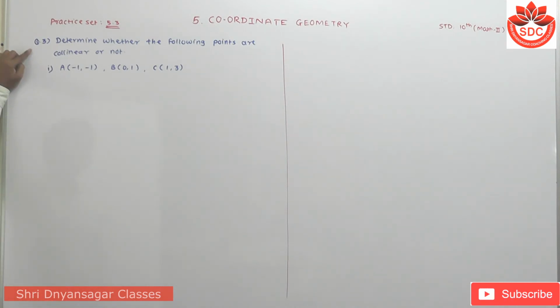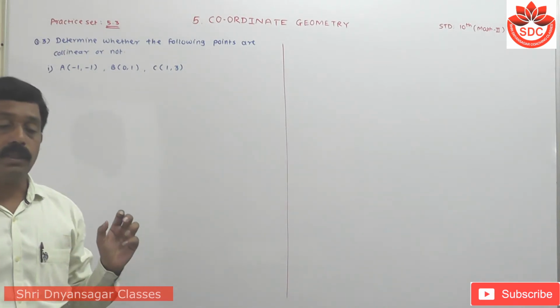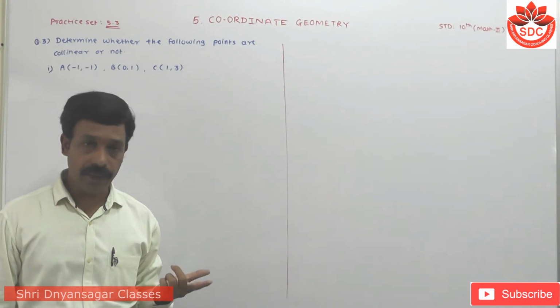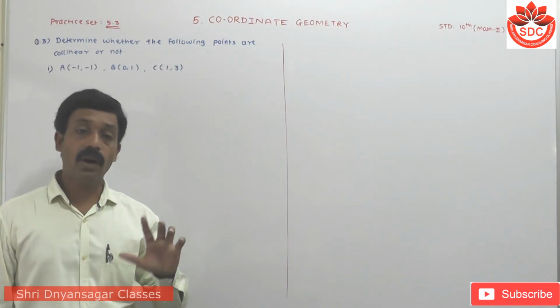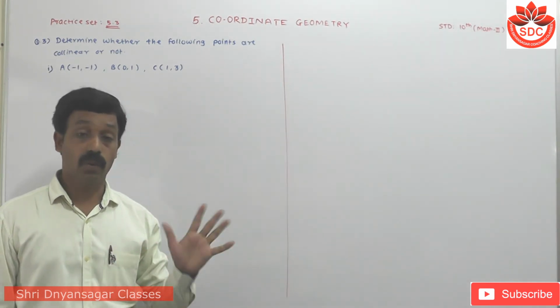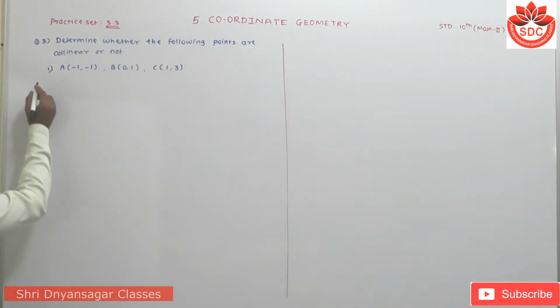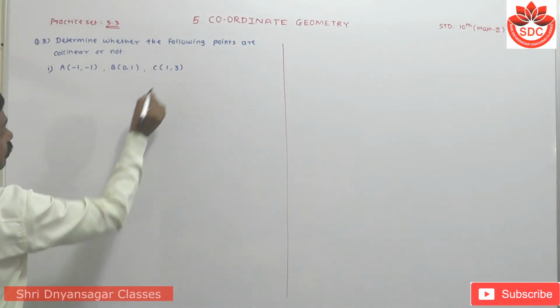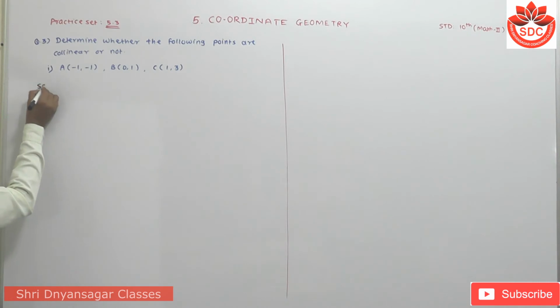Question number 3. Determine whether the following points are collinear or not. Student, it is simple. If the slopes of the two line segments are equal, then the points are collinear, and if the slopes are not equal, then the points are not collinear. Now first I have taken here A having coordinates minus 1, B 0, 1 and C 1 and 3. Its solution is